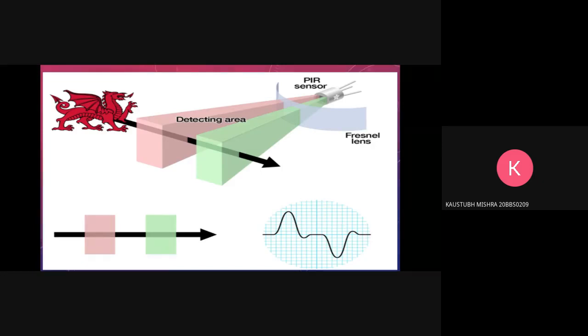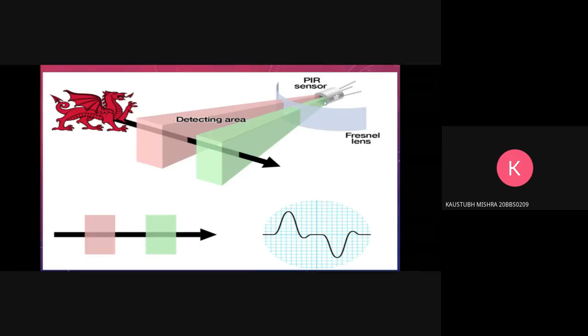Okay, Prashant has asked, is this sensor even helpful in high temperature areas? It doesn't matter if there is a high temperature area or a low temperature area. Obviously, there will be some alteration made to it when it comes to the specific use. But if you see over here, we are actually just measuring the difference in the voltage, difference in the infrared detection of slot 1 and slot 2.